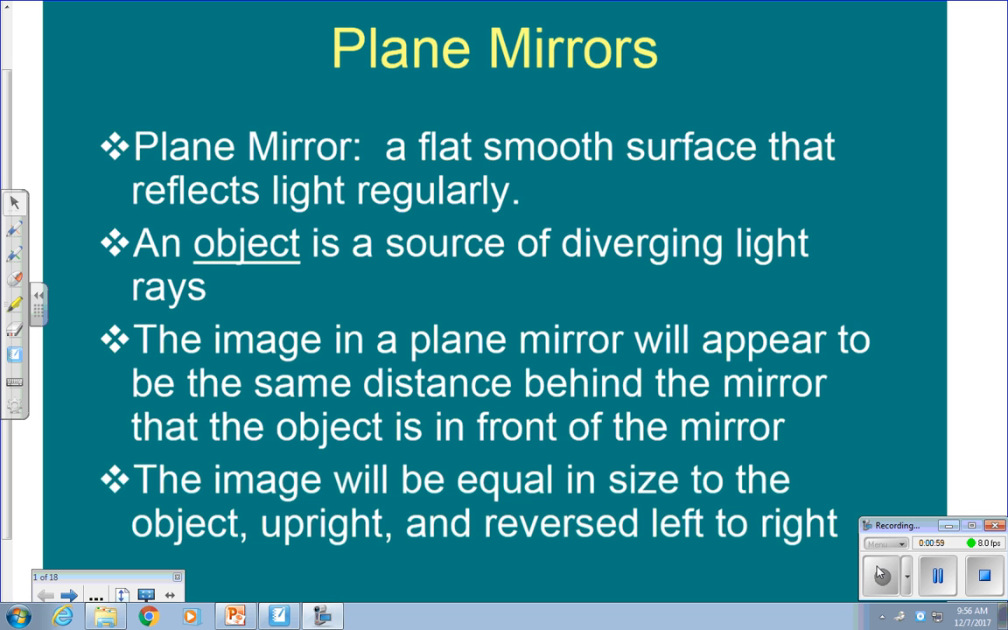Any image seen in a plane mirror will appear to be the same distance behind the mirror that the object is in front of the mirror. And the image will be equal in size, unfortunately for some of us. It will be upright. It will be reversed from left to right,